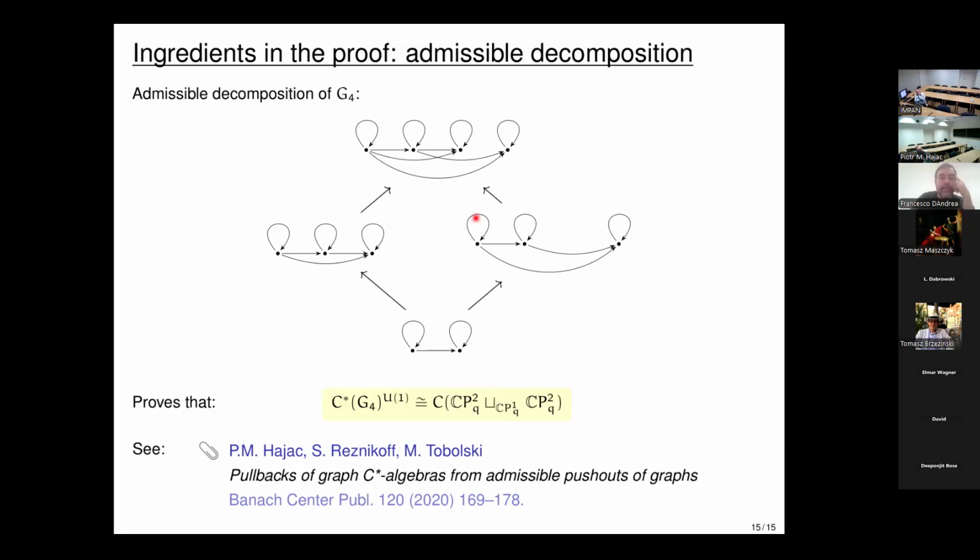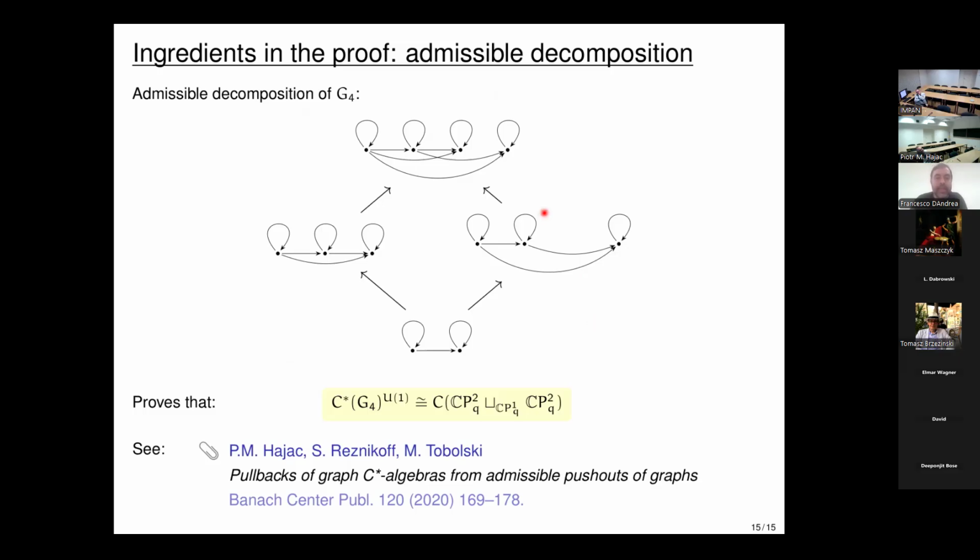And what is the intersection? The intersection is the graph which contains the first two vertices, the two loops, and the arrow from vertex 1 to vertex 2. There is a general theorem in a paper by Piotr Sarecherzkow and Mariusz Tobolski, saying that under suitable conditions,